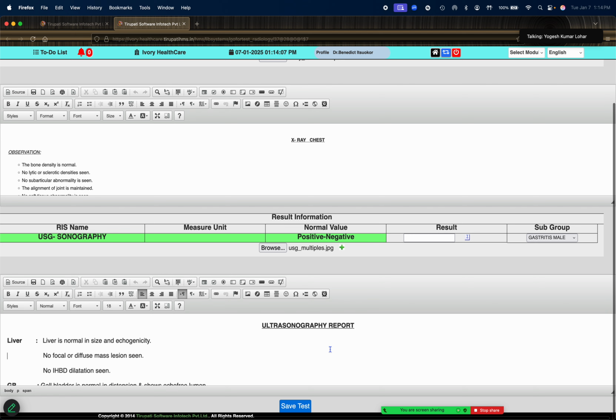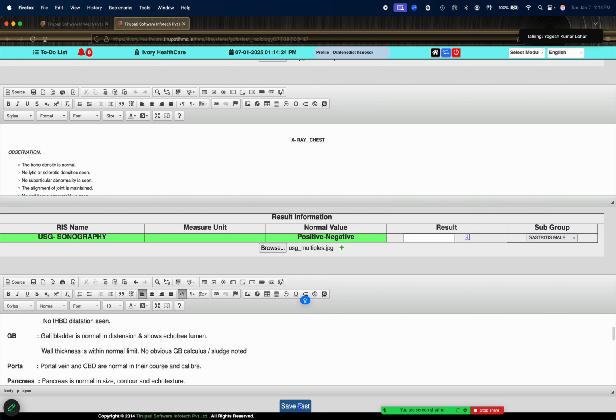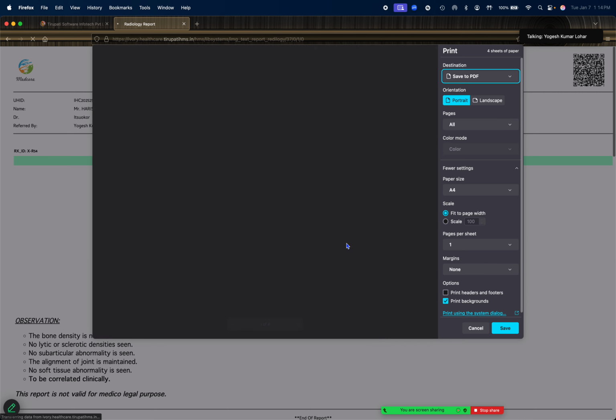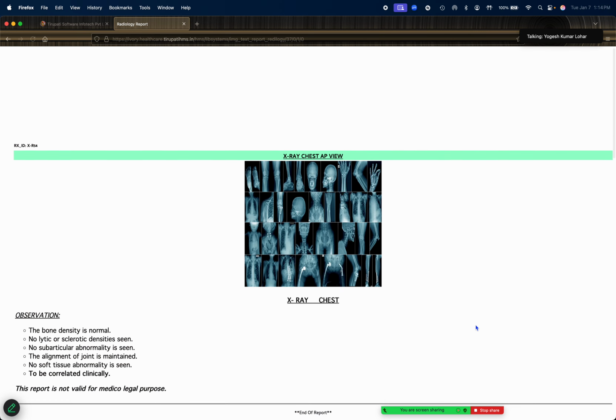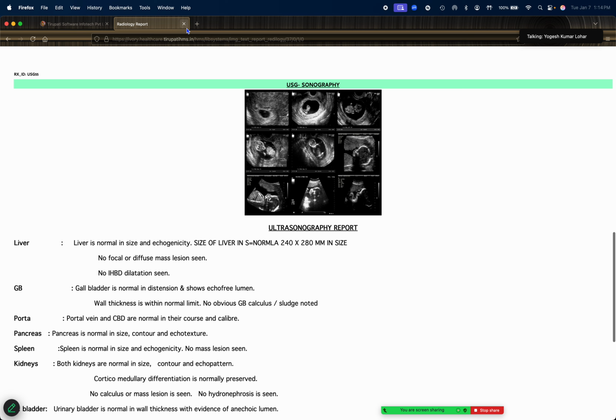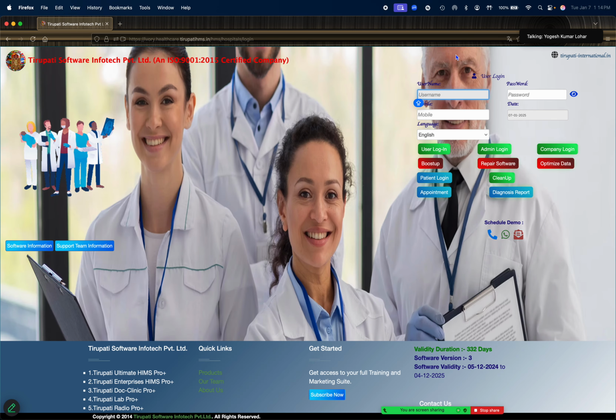And here the respective template contents come up. If they want to make some changes, for example, size of liver is normal, and 240 into 280 in size, like this. The content is editable, and after doing so, the report is editable and they just save results. Okay, so this is how we have the report value uploaded, and it can be printed and saved or emailed over letterpad or plain paper. Now let me see how the referral doctor who sent the patient can see